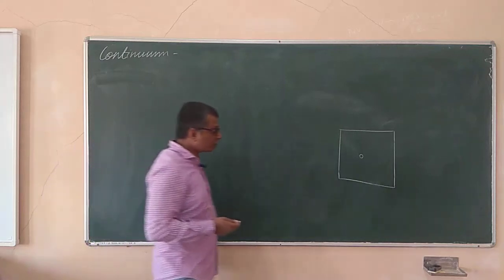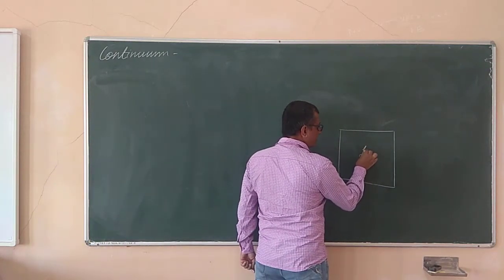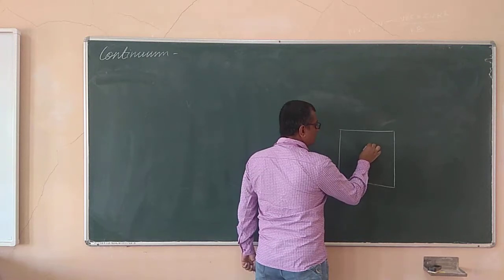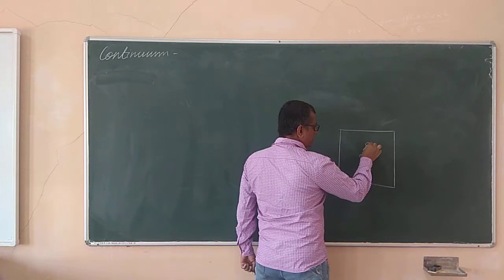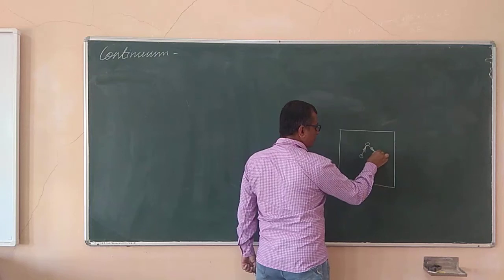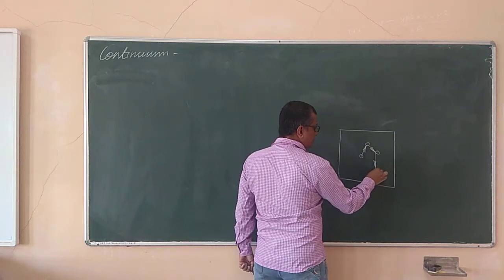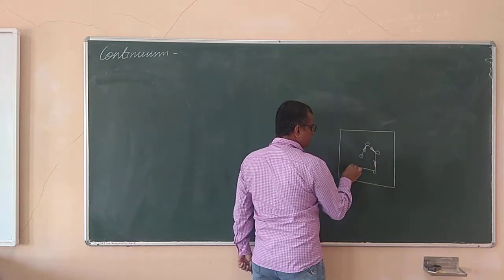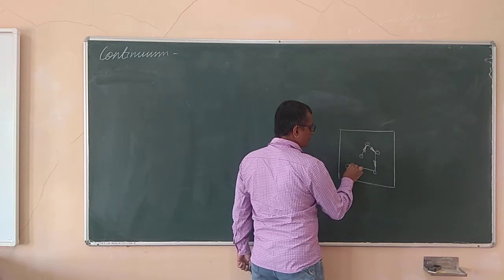Now when this molecule is going randomly in any direction, say from here to here, it is going to collide with another molecule. Next it gets deviated in this direction and starts to move over here. Here it again collides with another molecule. Next it is diverted over here. Here it is going to collide with another molecule. Next it is going over this side. Here it is going to collide with another molecule.